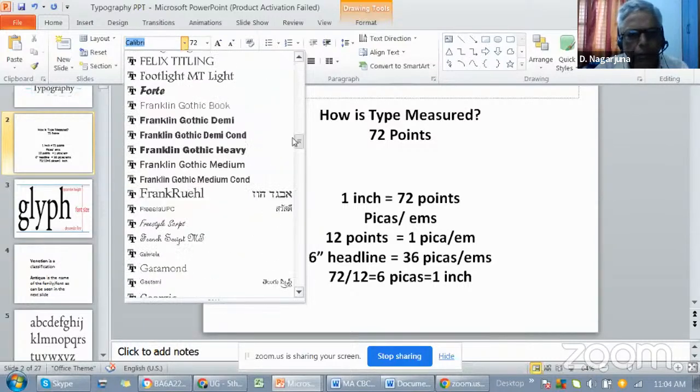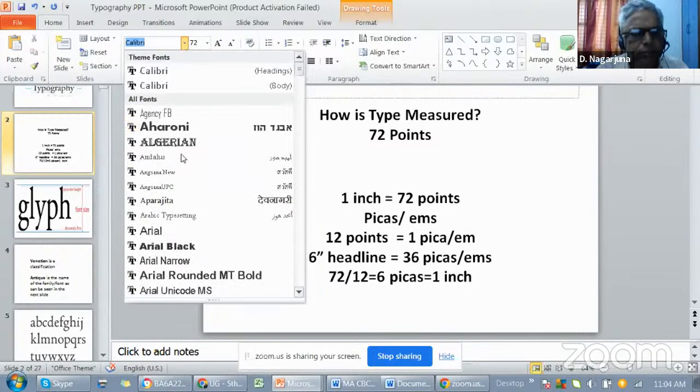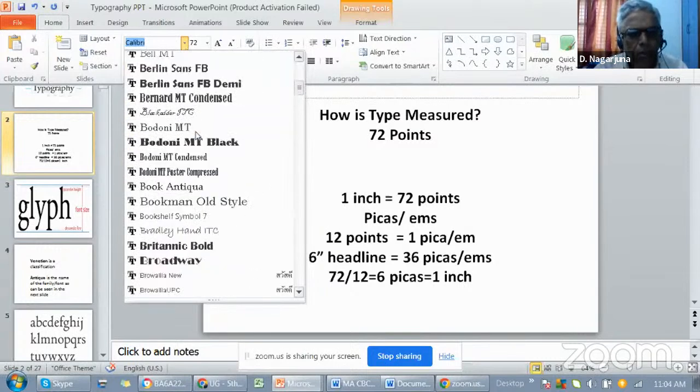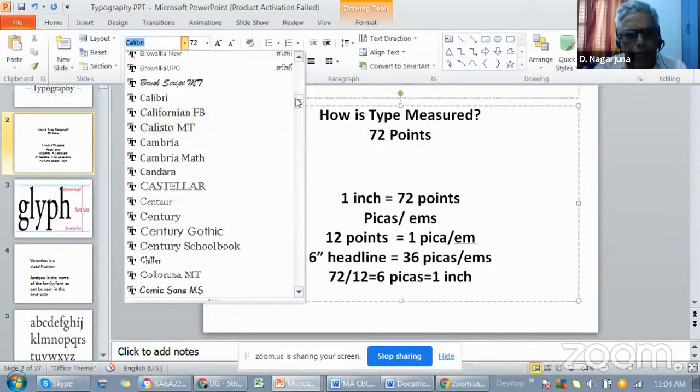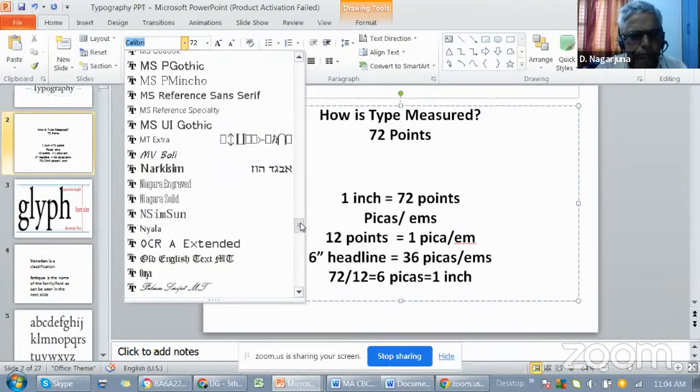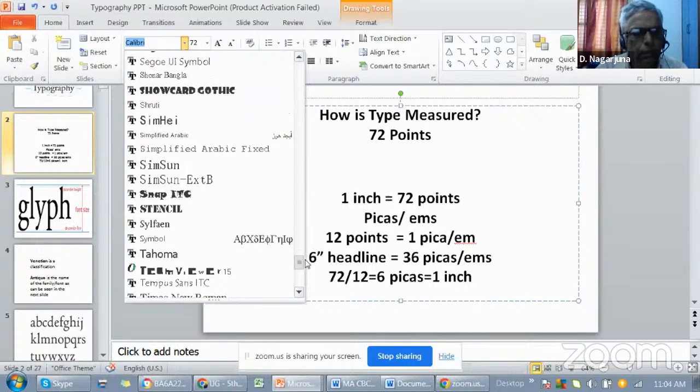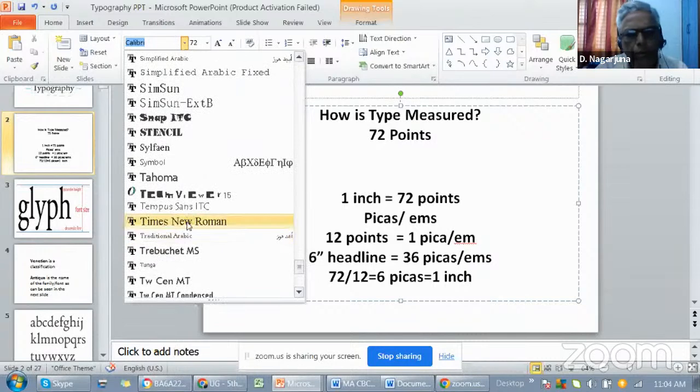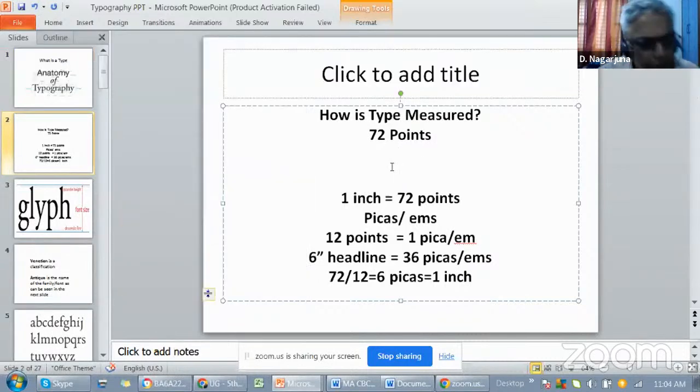It is here, Times Roman went up, I think it stays here. Okay, one minute. Yeah, Times New Roman. So if I have this, you see, this is now known as 72 point or 1 inch. Okay, if I want more,